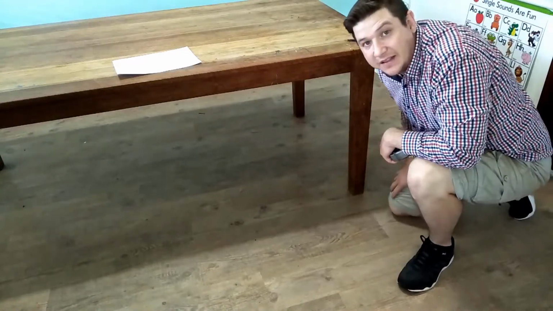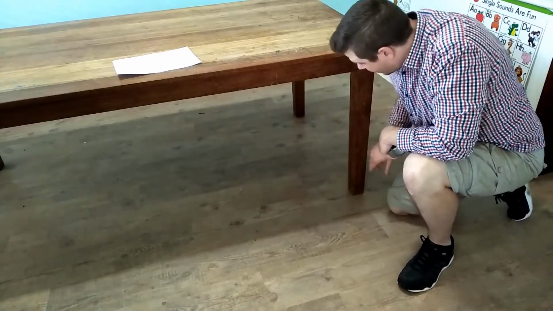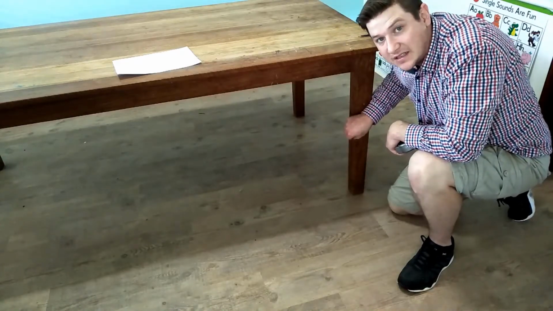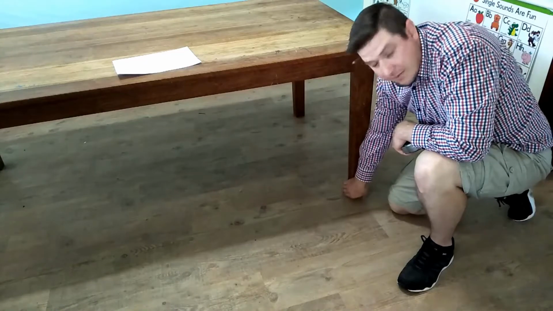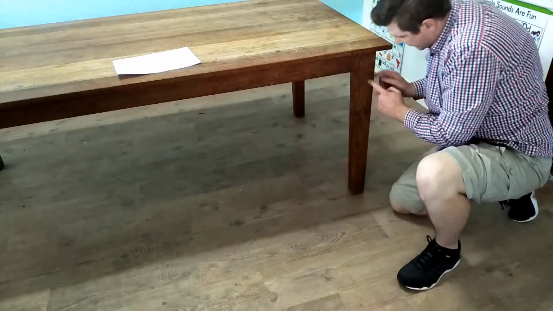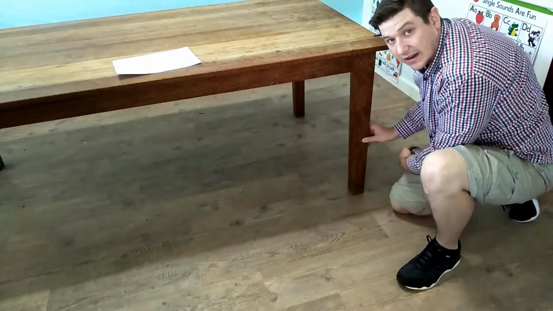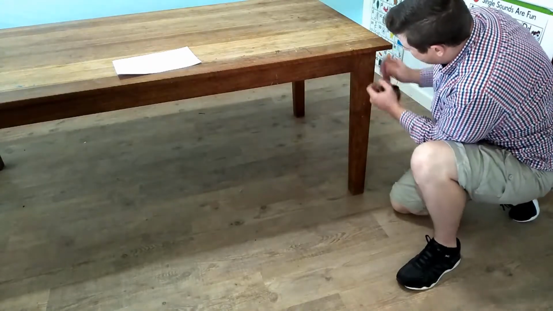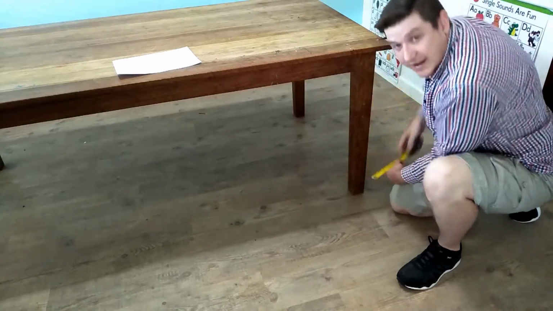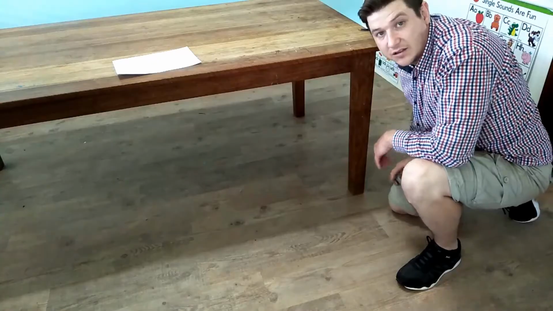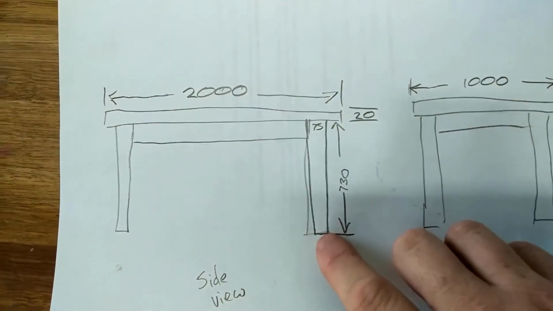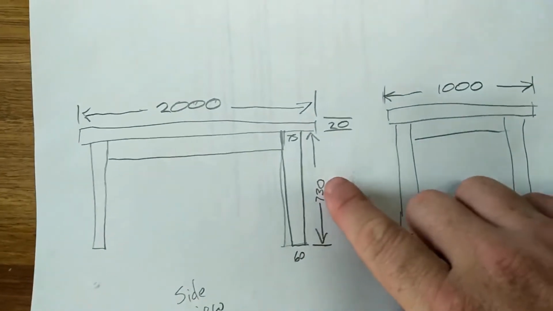Now, because I actually made this table, I already knew that. And I know that the tapering on the inside of the leg is where that 15 millimeters is taken off. It's only cut 15 millimeters on one side and then another 15 millimeters on this side. But these two edges are just straight. So that's my width, and then my length. The length of the leg is 730. Let's write those down. So here I've written 75 millimeters at the top, 60 millimeters at the bottom, and 730